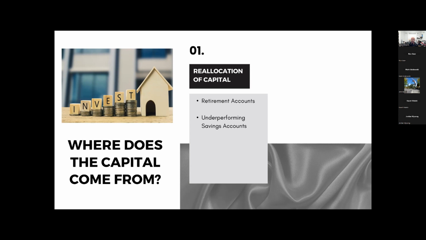Underperforming savings accounts. So this would be dead money. When you put your chart together, which I'm going to encourage you to do, you look for the dead money, right? Where is the money sitting in my checking account or my savings account or somewhere it's just not doing anything? I'm guilty of this too, right? I've got money sitting in dead money zones.